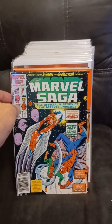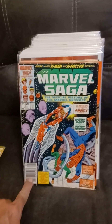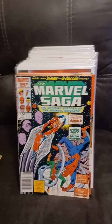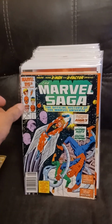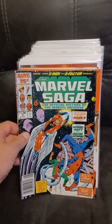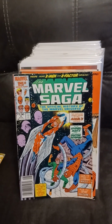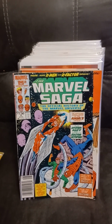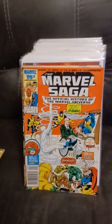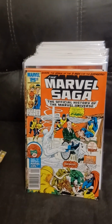Pick up these, they're cheap. Like I said, I picked these up out of the 50-cent bin. They're newsstands too, which was pretty cool for the time period, because this is the later, mid to late part of the 80s. So this gives you a history of Marvel at the time all the way through. And if you follow it all the way up, I think it goes up to 20 or 25, it'll give you a good history of X-Men, the Avengers, Marvel Girl,